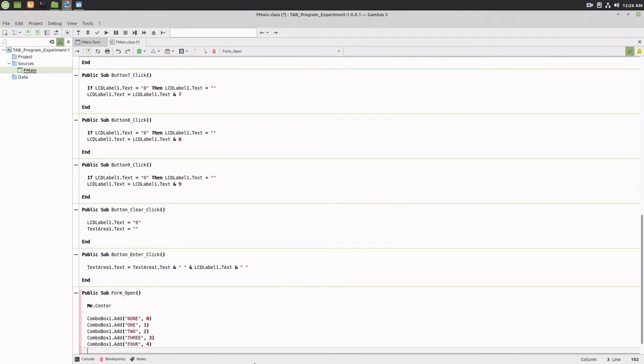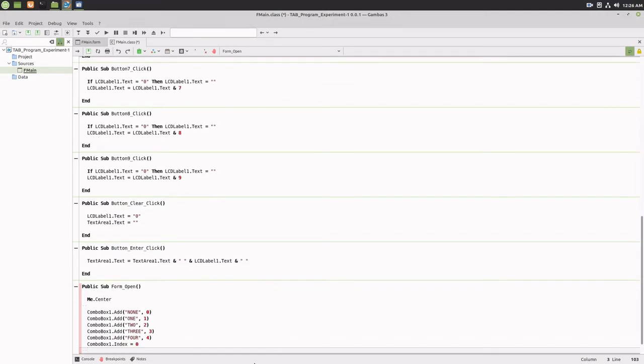Next, add the line ComboBox1.index equals 0. This line of code will reset the combo box to the first item in the list, in this case the word none. And finally, add the line of code